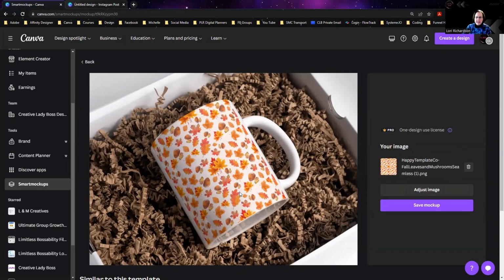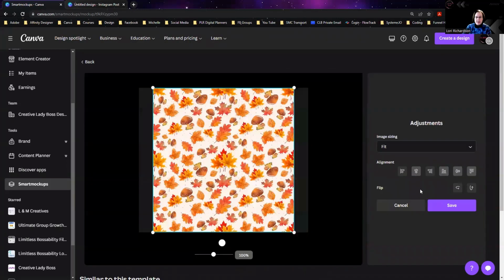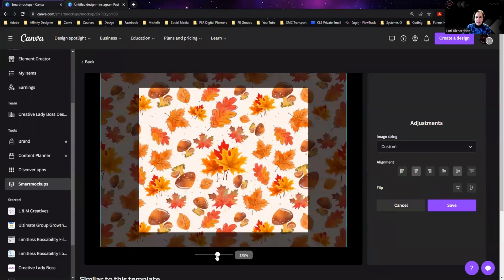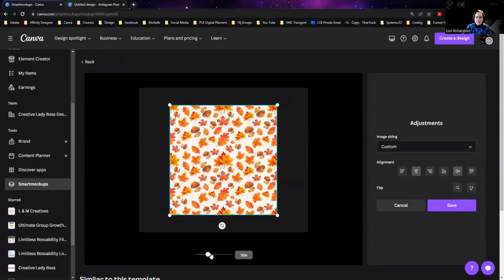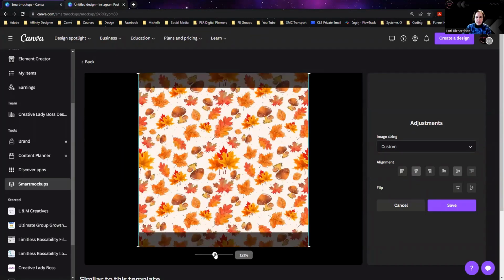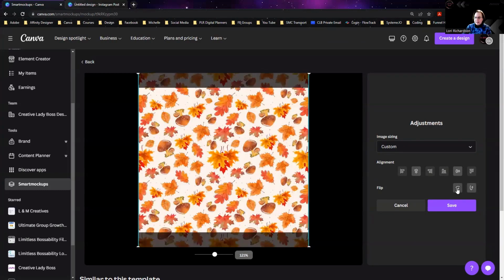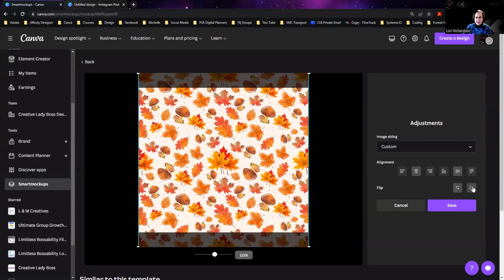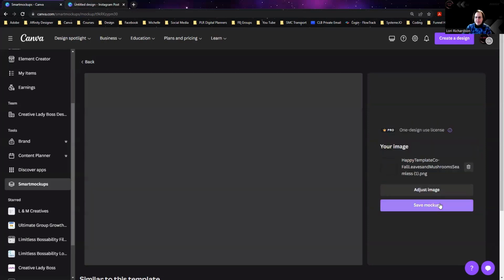You'll notice here that the image is brought in, but you can adjust the image. Right now it's just basically set to fit, and you can make it bigger or smaller. I'm going to make it bigger, and then you can align it. You can also flip it a couple of different ways. So let's flip it back. And then when you click on save,